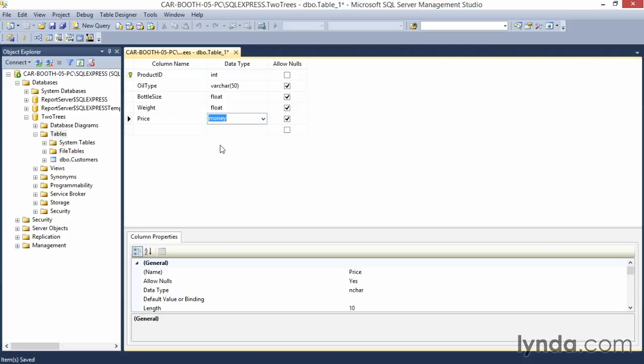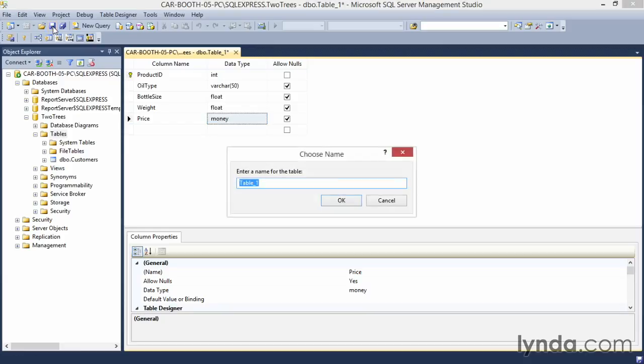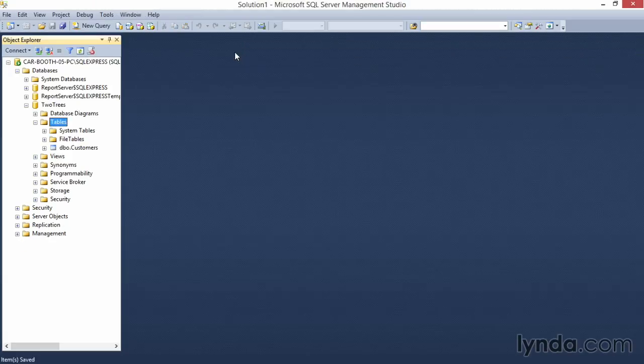So that's our fourth table. We'll go ahead and save it here. We'll call it products. We'll say OK. And I'll go ahead and close the table. Now if I right-click on tables over here, I can choose refresh, and you'll see all the different tables appear in the list. The next thing we need to do is add that constraint onto our method of payment in